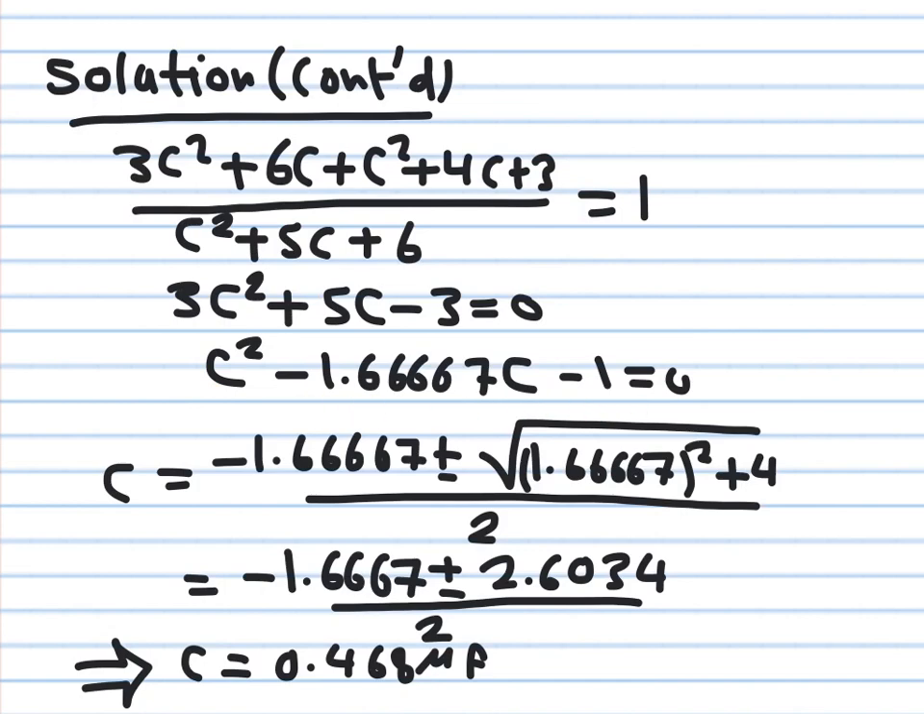You apply the law for solving quadratic equation, you'll get two answers. One of them has to be rejected because the capacitance has to be positive, so you keep only the positive sign, and the answer here for this case is 0.468 microfarad. So the capacitance has to be equal to 0.468 microfarad in order to get a total input capacitance of 1